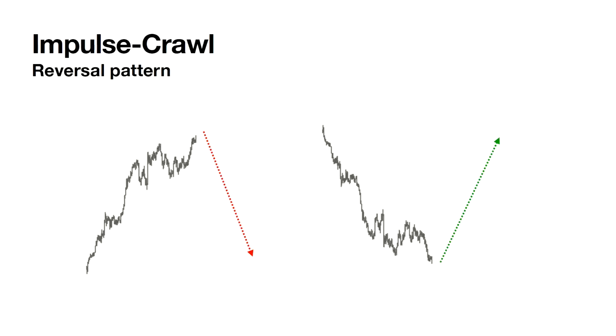In this reversal pattern, the first part is the same: we get an impulse move. But the second part is where you can see the difference. The market is continuing in its direction, but it's starting to slow down. Usually this means reversal. It's telling you that the momentum is lacking, the energy to the upside is lacking, and you look for the reversal. The opposite is the same: it slows down and then you look for a reversal. So this is a reversal pattern.